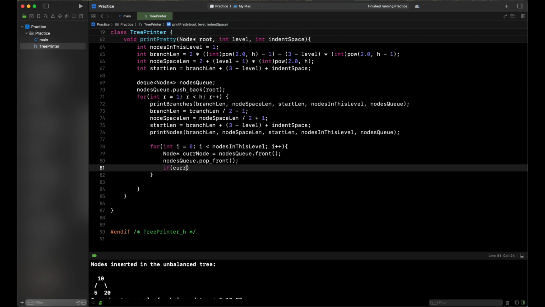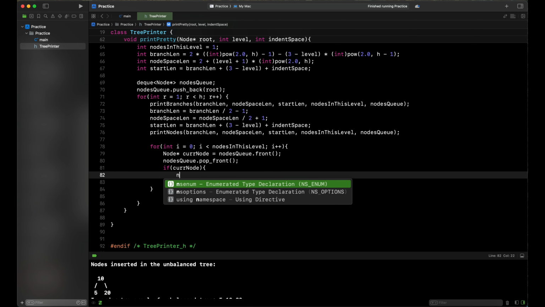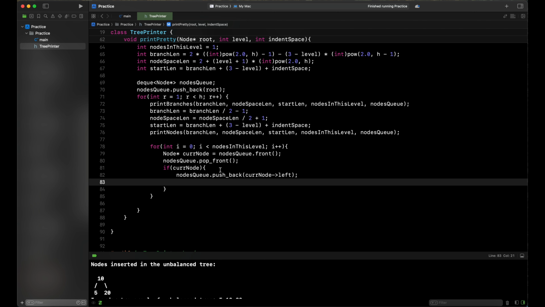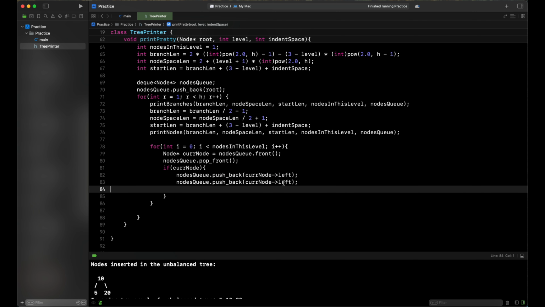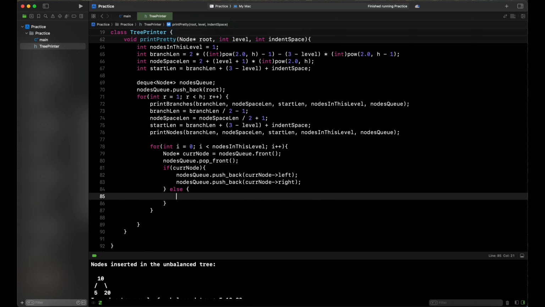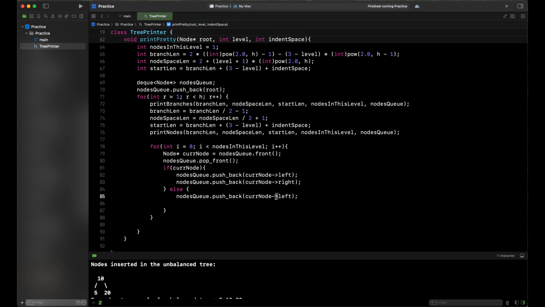If the current node, what we'll be doing is having our q implemented for putting all the nodes on the left hand side. Excuse me, current node to the left, and then we'll also do that for the right. And else nodes q will initialize this to be the null pointer